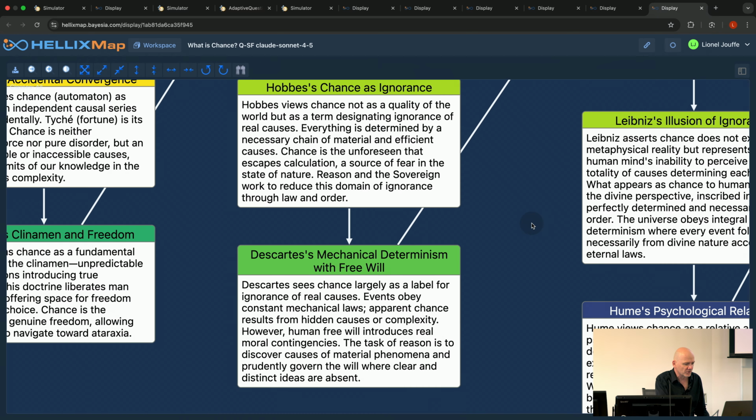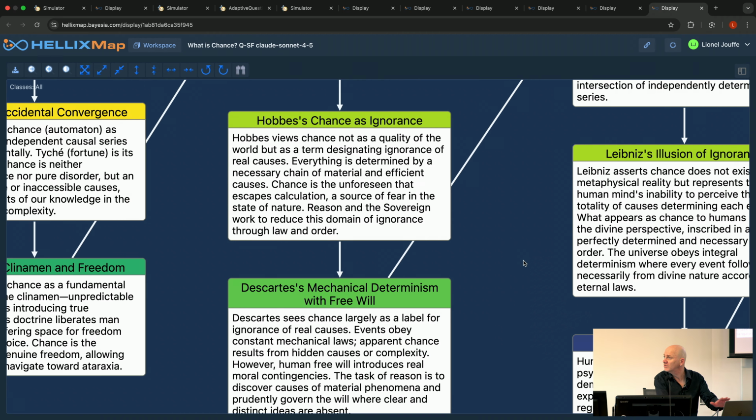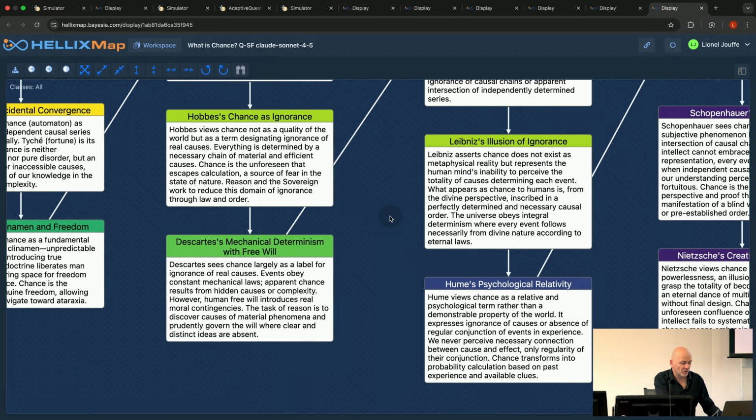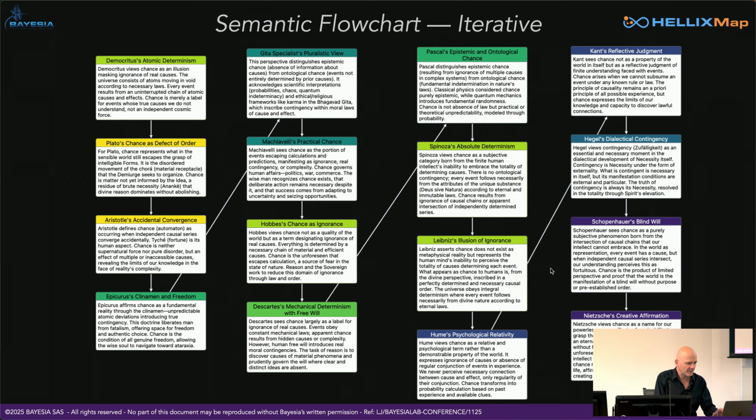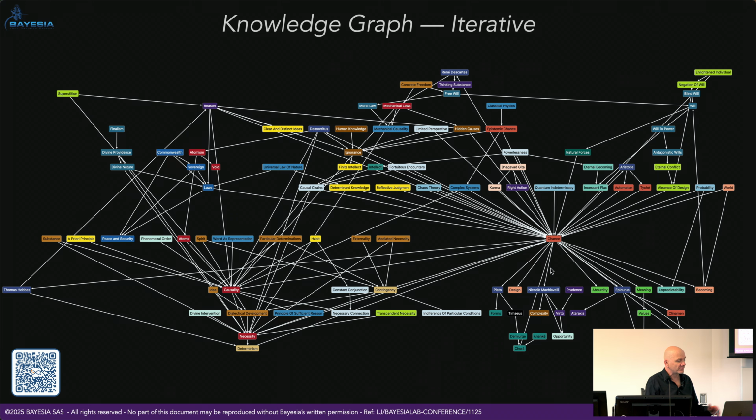Descartes and so on. So I will not go into the details. I can give you the link to this network. I think it's quite interesting to see. And obviously, you have Schopenhauer, as I said, with the blind will, and Nietzsche, who is considering, so this is really the amor fati. You have uncertainty, but you have to agree with that, and this is something good, right? And then, oops. So this is a knowledge graph for this